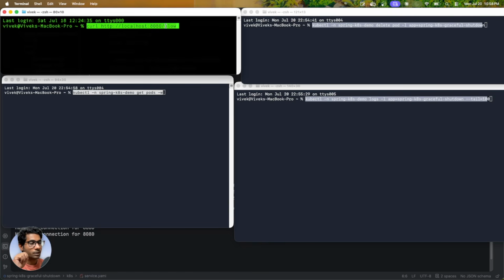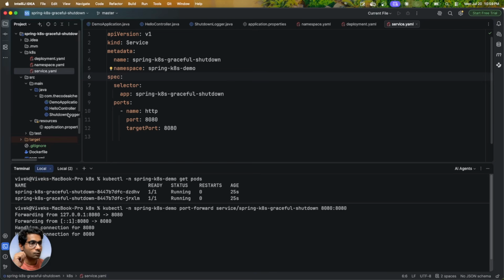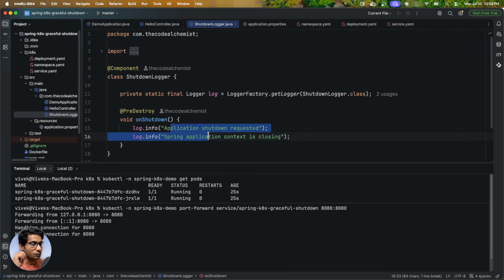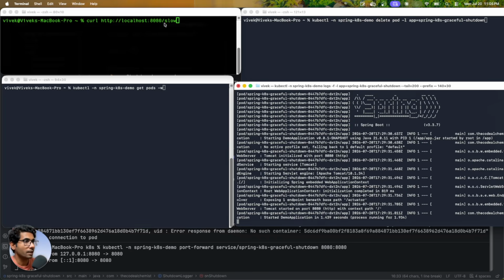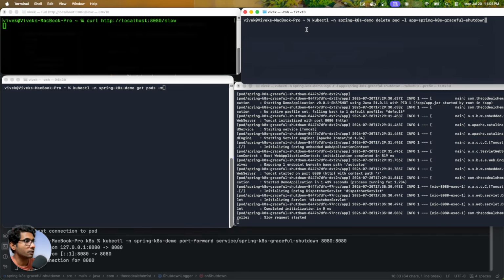Now we know that 25 seconds is well within the grace period that we have set up, which is 40 seconds. So it will wait for this request to get completed. And when this request is completed, then this application would finally shut down. So we should see the logs from the shutdown logger that was given here, like this one. So that's what we are going to try. First of all, we will run this command in the last terminal so that we can follow the logs. And then we will quickly hit the slow endpoint, we will delete the pod, and then we will see the pods in